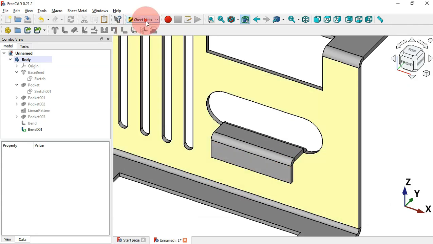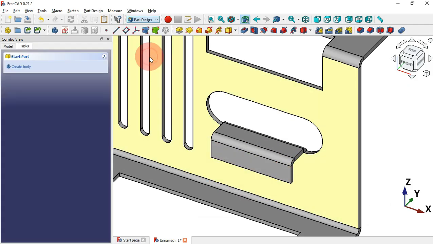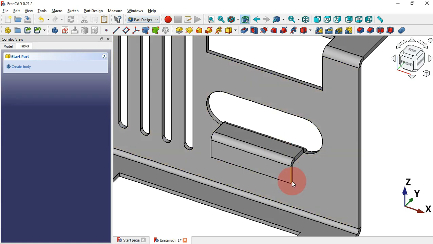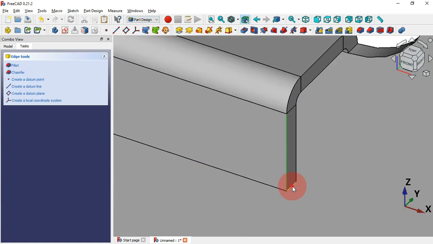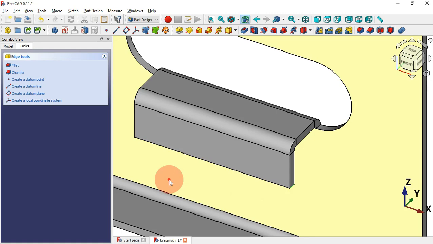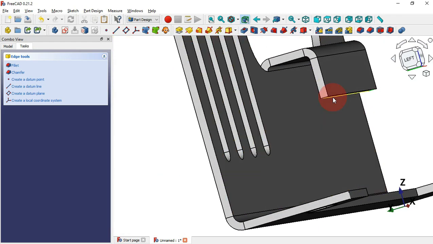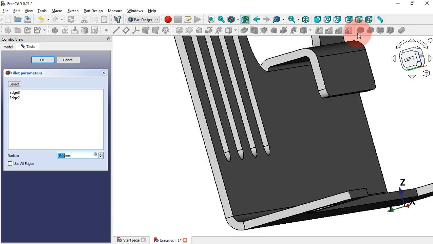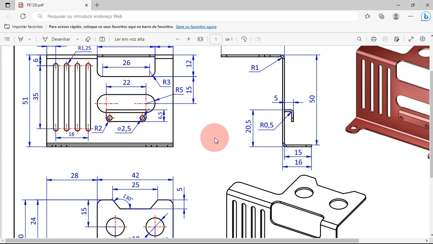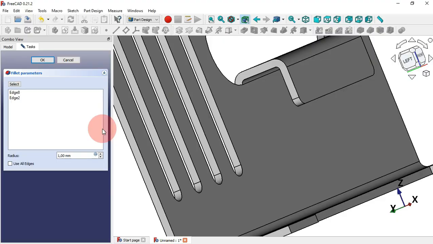Let's go to the PartDesign workbench, and now just select this, and now just zoom in and select this edge and rotate this model, Control, and select this edge here, and now click on fillet tool, and the radius here must be 2 millimeters, as you can see here. Let's add 2